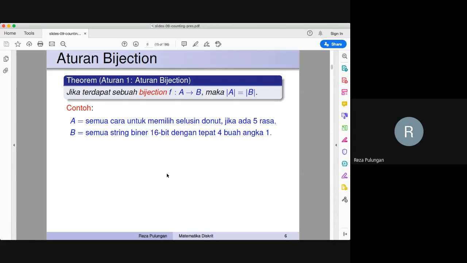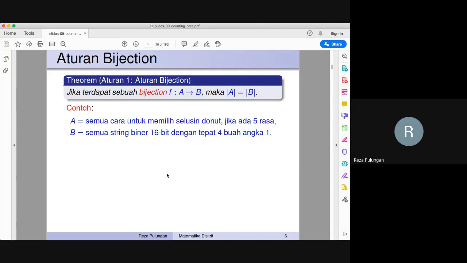Think about this. You can go to Dunkin' Donuts, for example, and they have 5 flavors, and you are going to create a configuration of a dozen donuts. How many ways do you have to create this dozen donuts out of these 5 flavors?